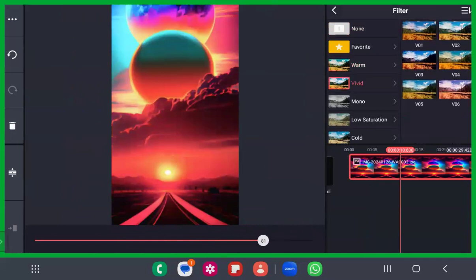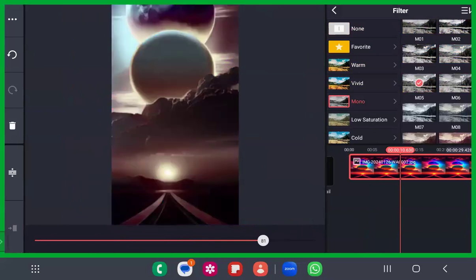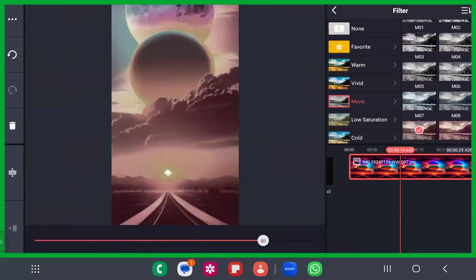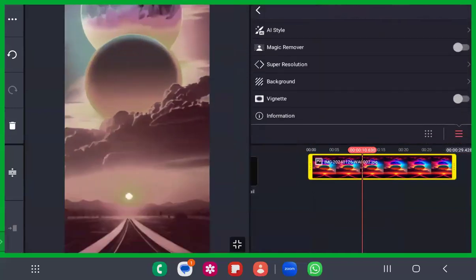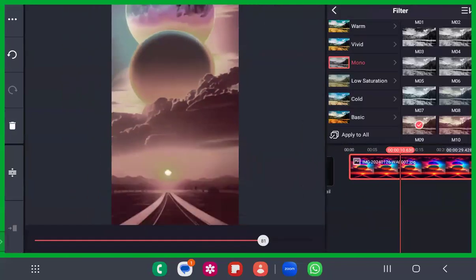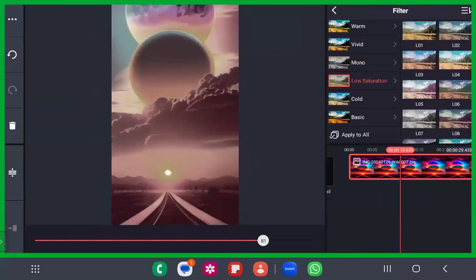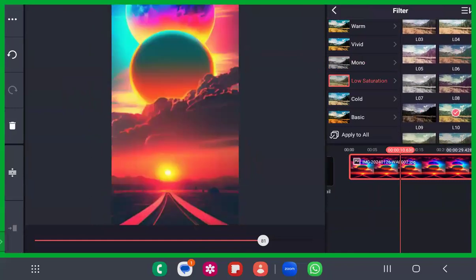There's also vivid, how vivid this picture might look. You can give each of it a try. It is purely your creativity or your choice how you use this filter. You will have the filters below. Just scroll this down, it will be somewhere below. Click on the photo, and the filter option is available for the photos. Give it a try. Then we have something called saturation. Give all of this a try. This will actually enhance your photo.